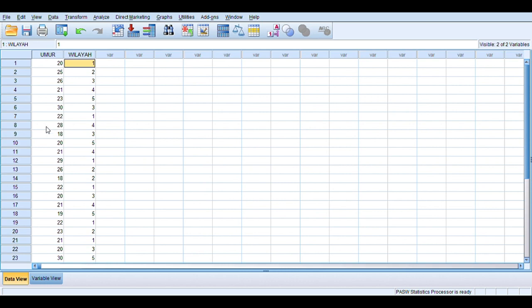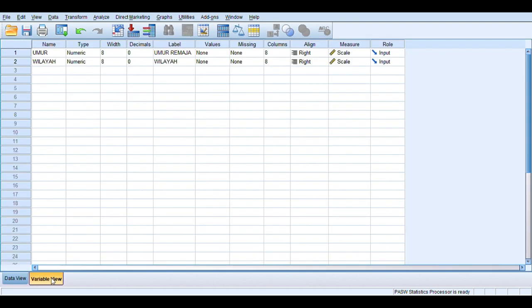And then click variable view again. Click value in the region column. Value 1 is Jakarta.